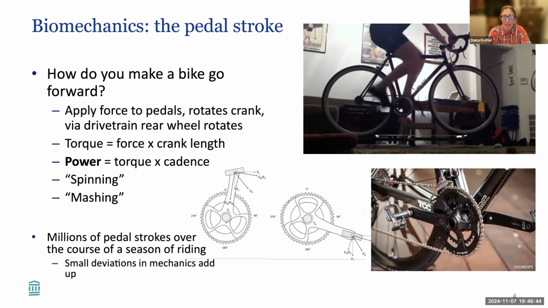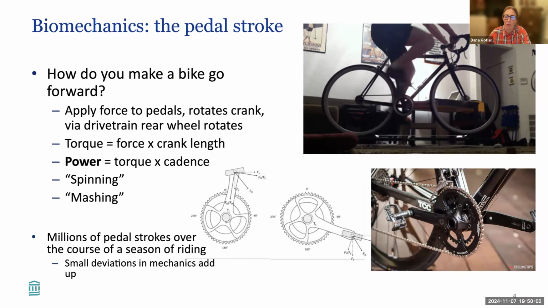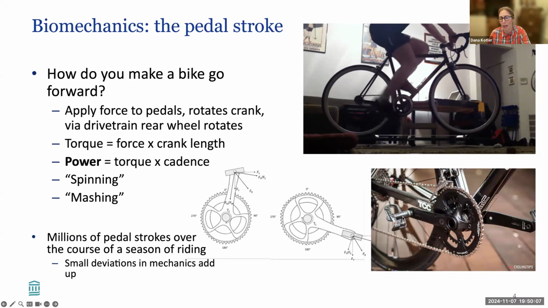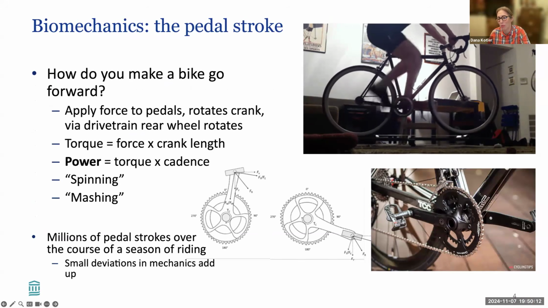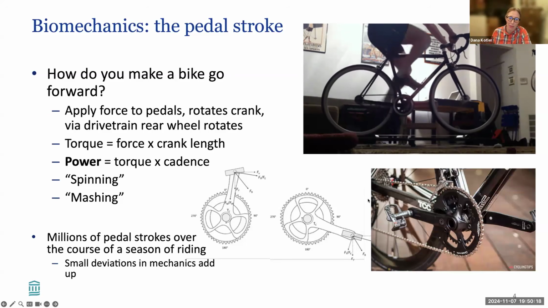So I think before we even get into the injuries, I am going to talk a little bit about the biomechanics of cycling. So how do we make a bike go forward? So a bike is a pretty simple construction, right? In order to make a bike go forward, you apply force to the pedal with your foot, unless you're riding a hand cycle, but we'll talk mostly about regular bicycles. The pedal is attached to what's called the crank. That's this arm here. It connects the force that you're going to put down to this chain ring, which is then going to pull on the chain, and it's going to turn your back wheel, and that's going to make you go forward. So what you're putting down is force, but because it's creating an arc, it's actually torque.